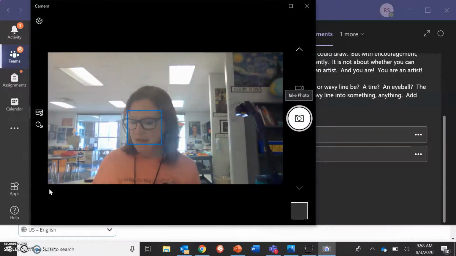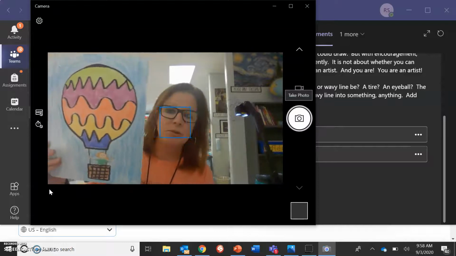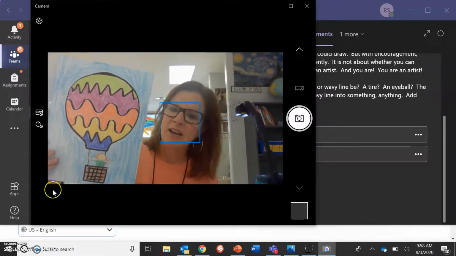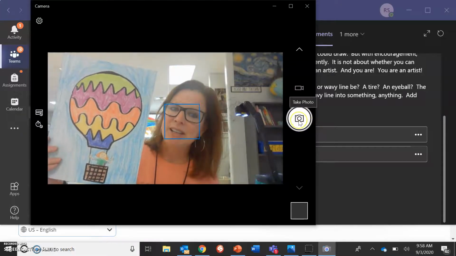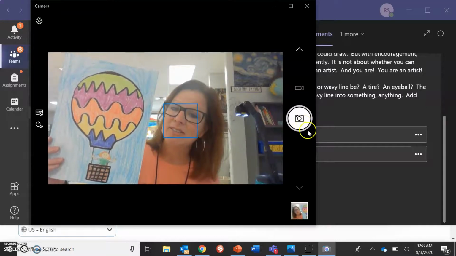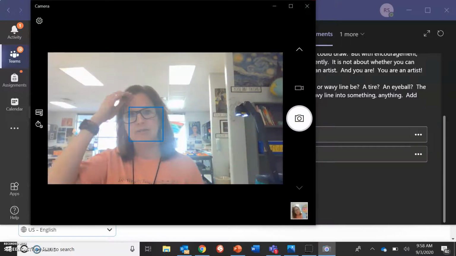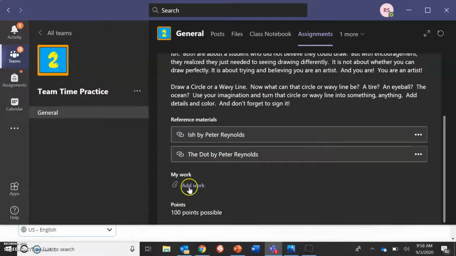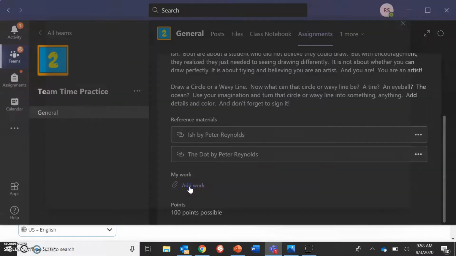And look, here I am. And I'm going to, here's a hot air balloon. I turn my dot into a hot air balloon. I'm going to take a photo, and there it is there. I'm going to X out of this. So now I'm going to click back on Add Work,